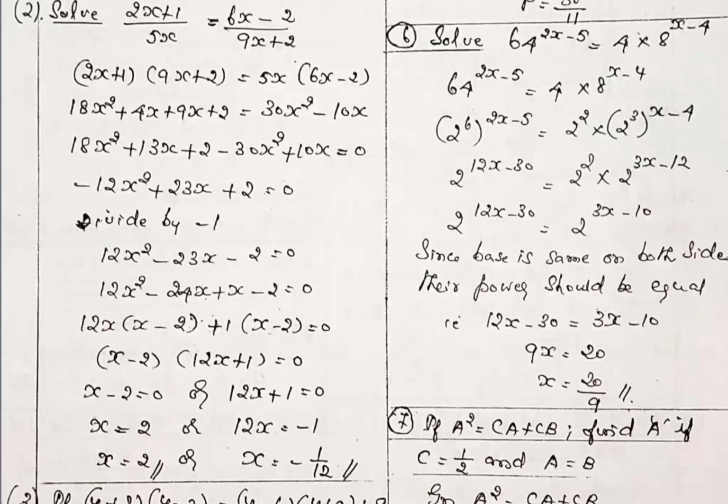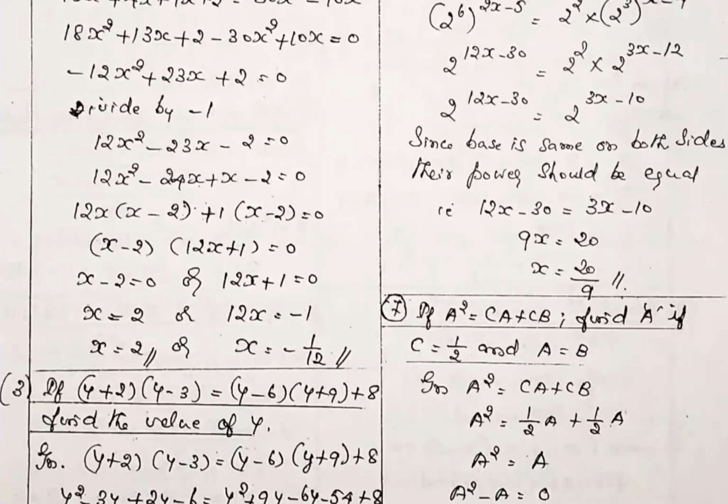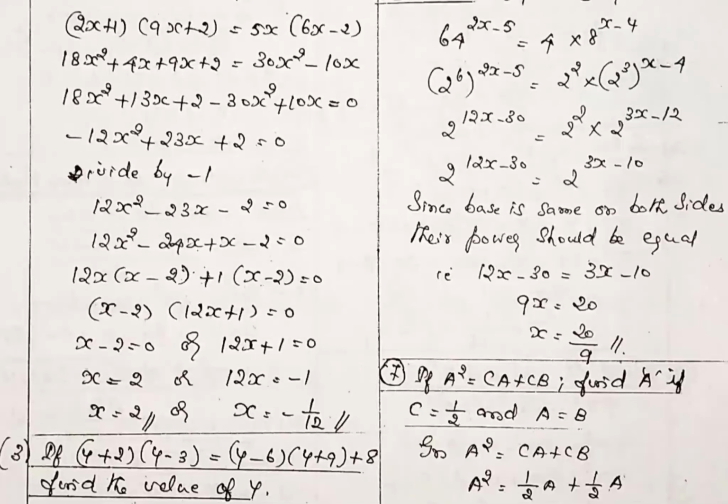So on factorization you are getting x minus 2 into 12x plus 1 equal to 0. Then solve it. Either x minus 2 is equal to 0 or 12x plus 1 is equal to 0. So from that, x is equal to 2 or x is equal to minus 1 by 12. Two answers we got. Definitely two answers, because the equation is called a quadratic equation. X having power 2 means it is called a quadratic equation. So once a quadratic equation is given, definitely you will get two answers for the unknown quantity.